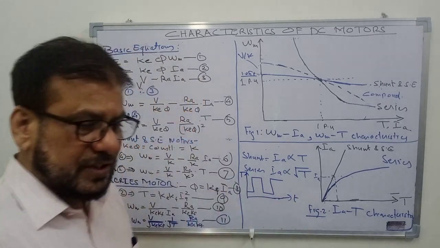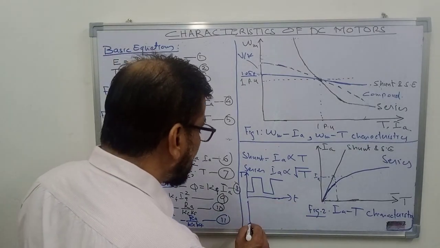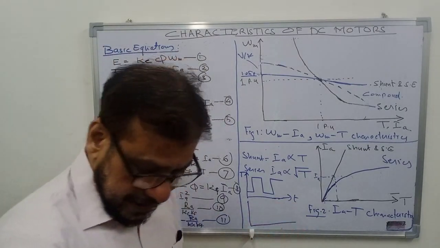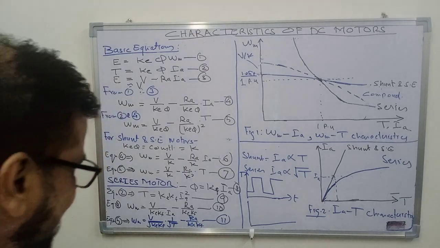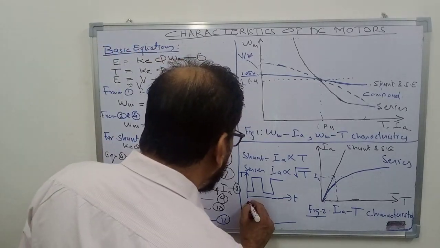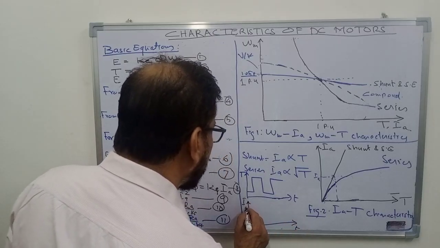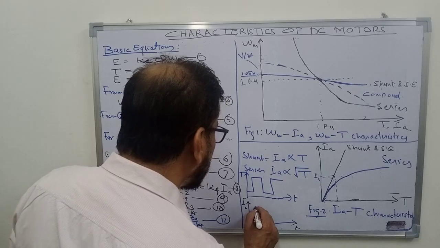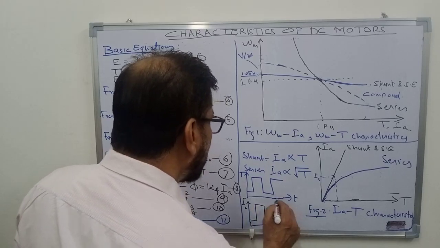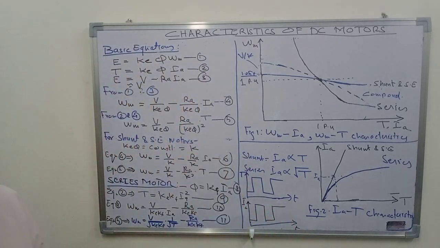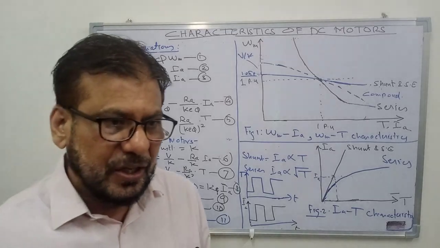If this is the type of load, intermittent type of load, and we are using a shunt motor, in that case you will have similar changes in the current also, like this. So you will have a highly fluctuating current, and that will cause a fluctuation in the